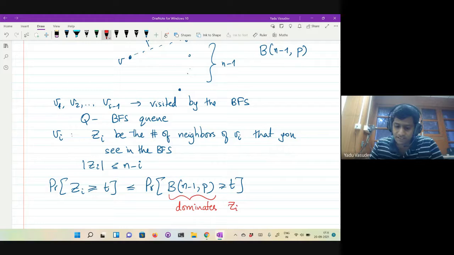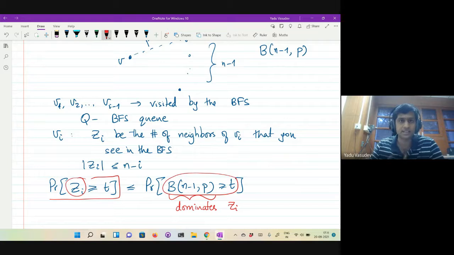So what we will do is, instead of analyzing these quantities, these random variables, which seem very hard to understand without knowing the graph, we will look at these sort of graph oblivious quantities, and we'll try to use these random variables to bound the ones that we want. Again, it's an approximation. But since we don't know the structure of the graph and the vertices from where you're doing the BFS, this is probably the best that you can do at this stage.